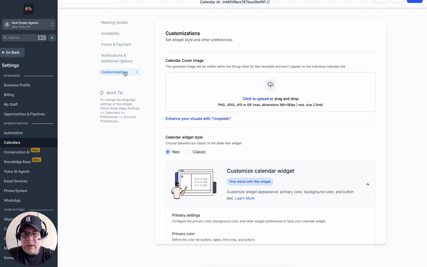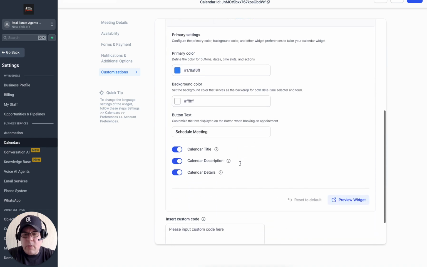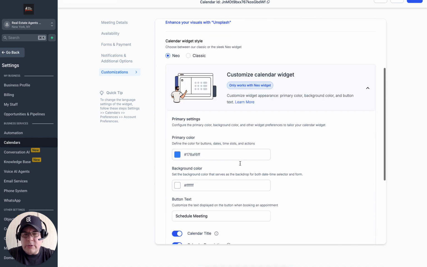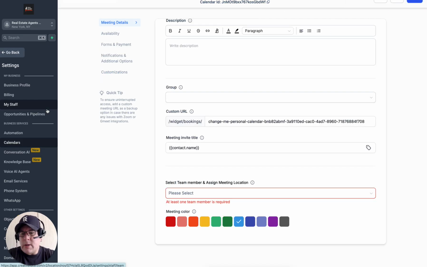And customizations, you can come in here and do a logo. You can do different chat or calendar widgets and stuff, which you can embed on a website. Websites we'll do in a completely different video as well. But right now, you can see the calendar ID up here. And this is clicked on. We're just going to save it one more time. And if I go back over here,